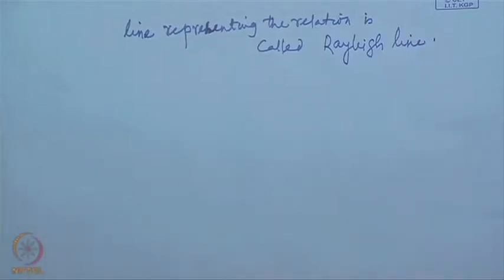Of course, we will have separate Rayleigh line for separate values of F and G, that is the separate values of impulse function and mass flow rate. Now, for a pure substance, this P and rho can also be expressed as a function of H